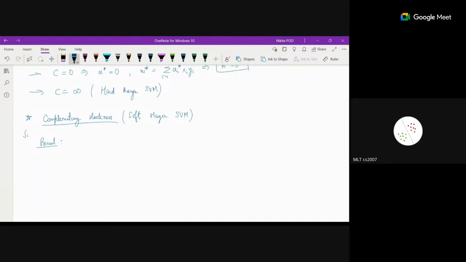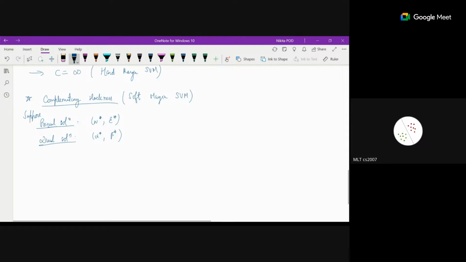So suppose my primal solution is W star and epsilon star, and my dual solution is alpha star and beta star. This is my primal solution. This is my dual solution. Now, what does the complementary slackness condition say? It says that at optimality, you will achieve